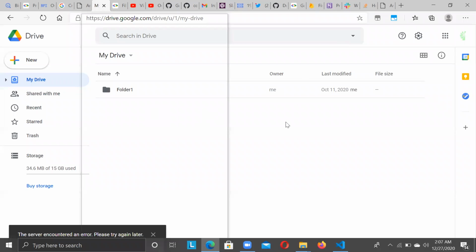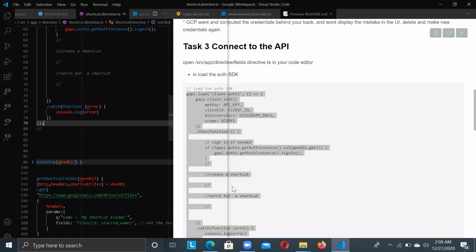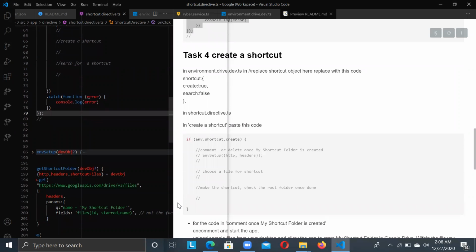Here's our drive, the drive that we're going to be working with today. It's just an empty drive. We have to get this set up. You can't just start uploading files immediately, because we just need shortcuts to files. Shortcuts can't be standalone. So in this code for create a shortcut, we're going to copy